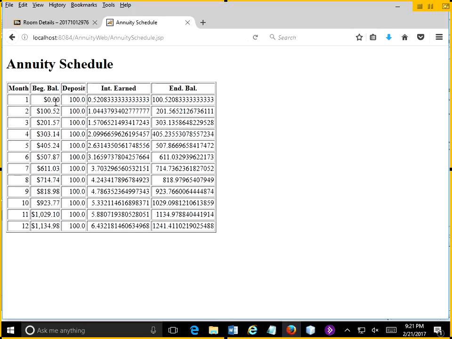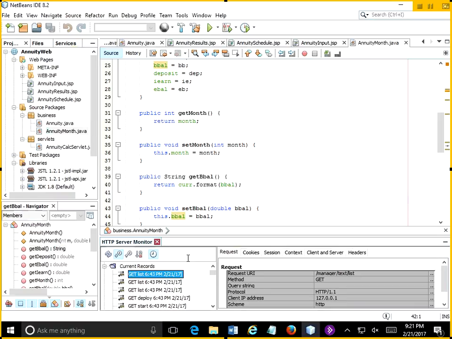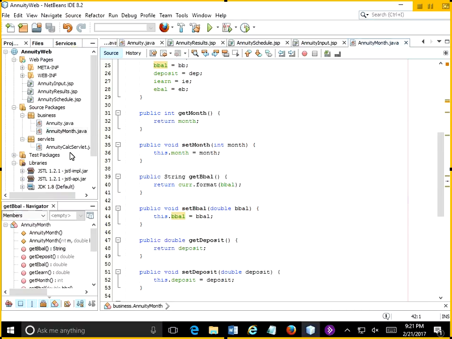No, it didn't crash. Okay, well, I guess it rebuilt it for me. Anyway, there's our beginning balance formatted version, so you'll need to fix your annuity month all the way down. Now, the main thing that you are going to need to do is